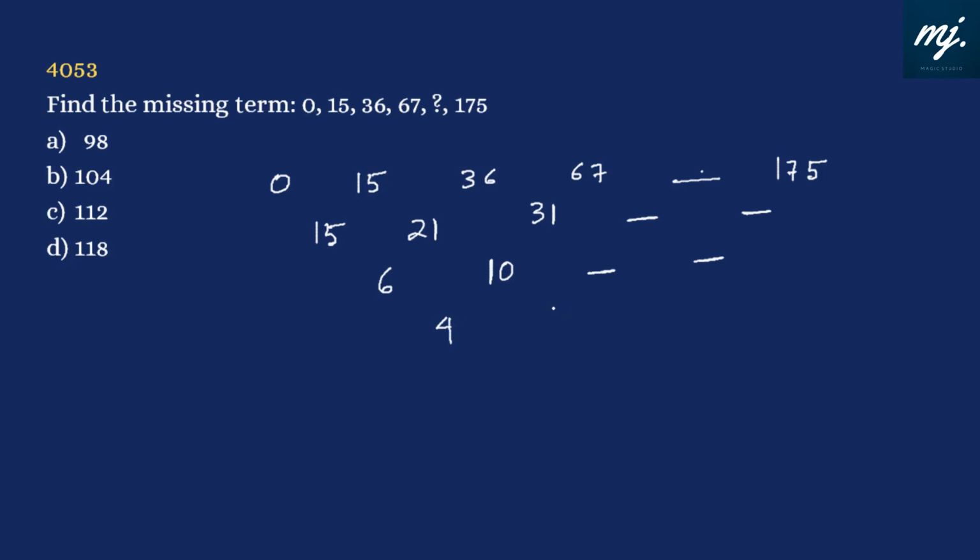This is 4, and if these two numbers are also 4, let's build the difference pattern then. 4 plus 10, 14. 14 plus 31 is 45, and 112. Let us see whether it fits in with 175 or not. 4, 14 is 18. 45, 55 and 8 is 63. 5, 7, bingo. Fits in. 112 with difference table is the missing number.